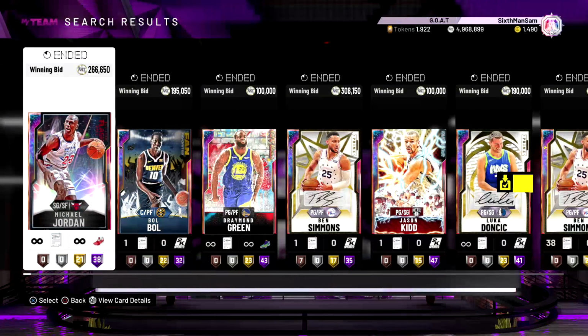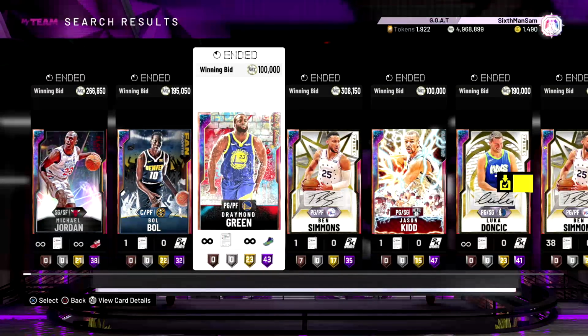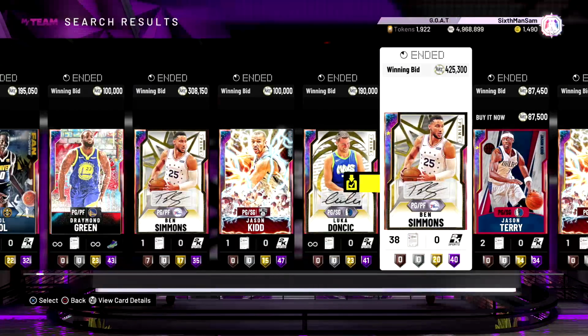So if you want a good MJ, and you can be realistic about whether or not you'll be able to get the GOAT one, I would pick up this card if you don't think you can get the GOAT one in the future. As well as Bull, Draymond Green. I probably can't even cover all the cards that have dropped today, but I'm going to try to cover the